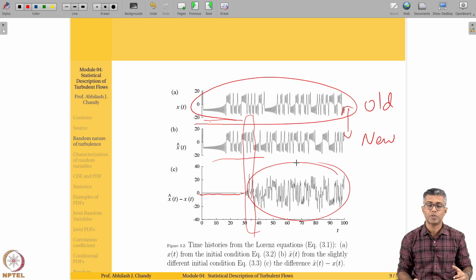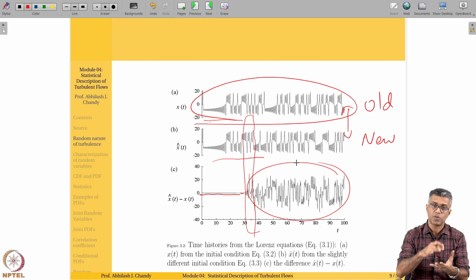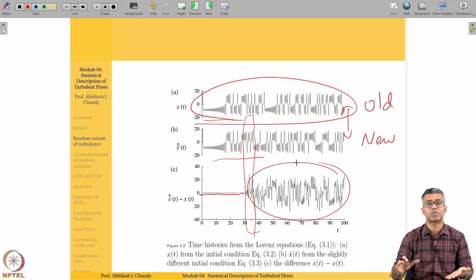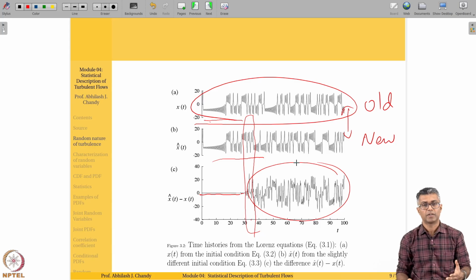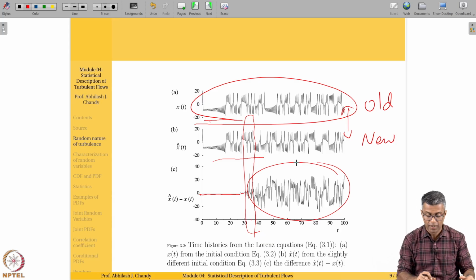What happens in a laminar flow is, with this change in initial condition, these fluctuations will die out immediately. How do they die out? What is the physical mechanism that causes it? It is the viscous diffusion. These perturbations won't persist. They won't amplify because the viscous diffusion actually dampens all those perturbations out. In turbulent flows, the viscous effects do not dominate. They are negligible. Inertial effects are more dominating. So there is no mechanism to actually diffuse these perturbations. So these perturbations persist and in a lot of cases amplify, and that is what you're seeing.